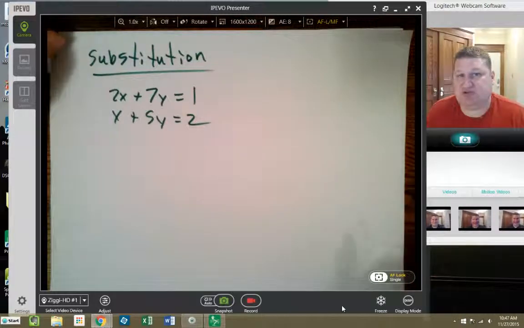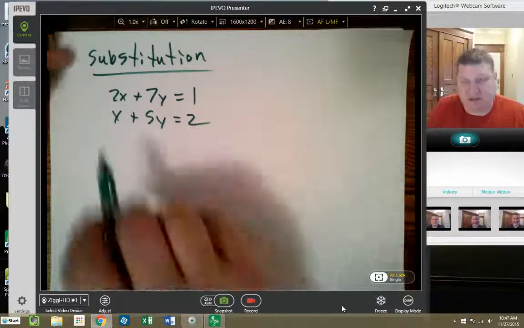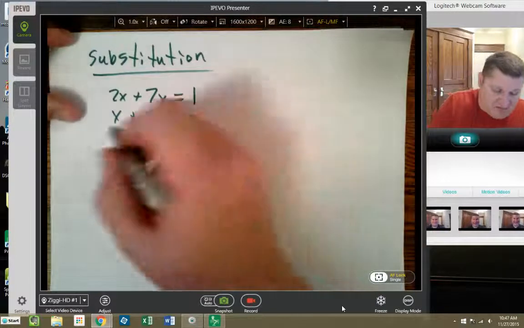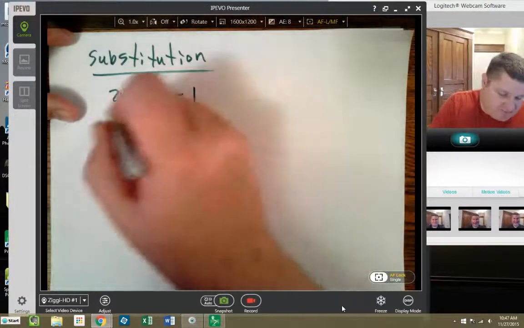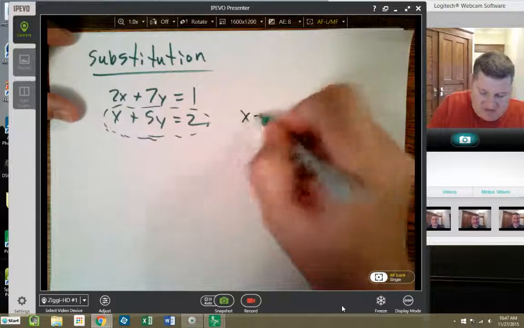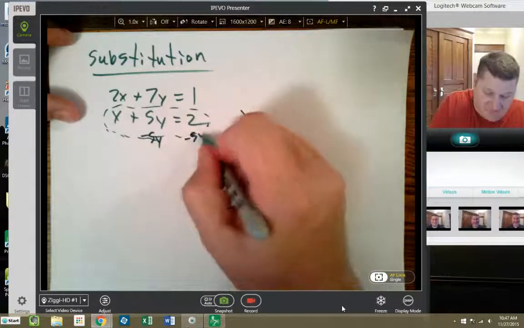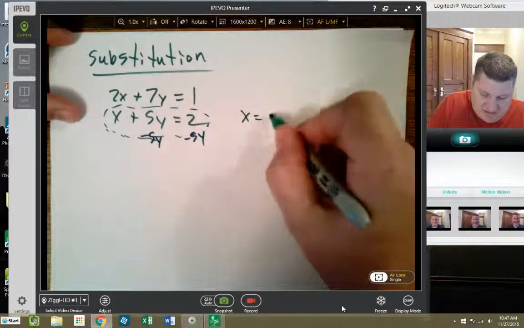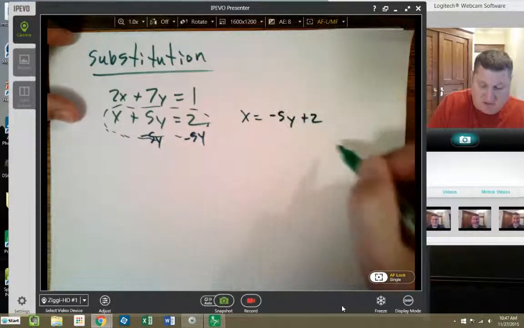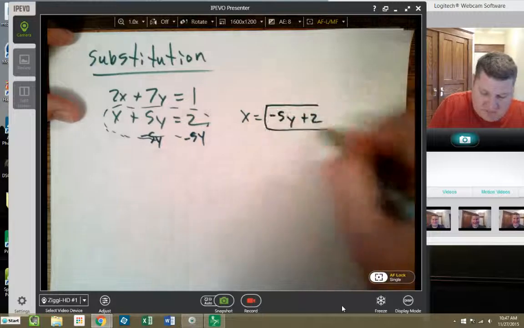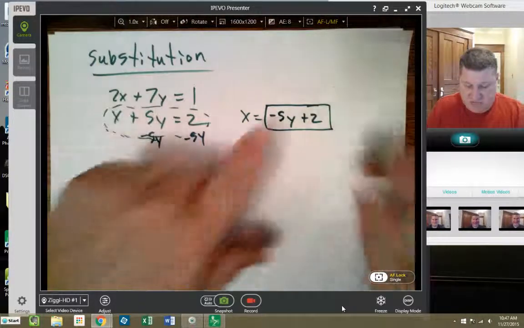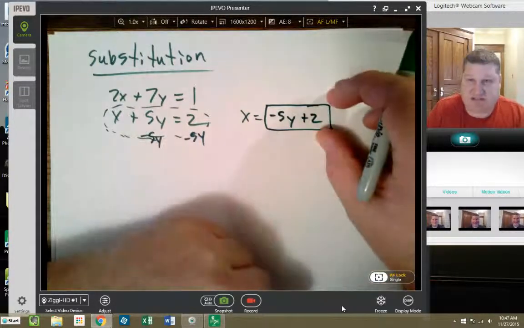The reason I'm going to choose x is because x is nearly already by itself. So let's choose this equation, and I want to get x equals. Now, to get x equals, I need to subtract 5y from both sides. And to do that, that's going to give me negative 5y plus 2. Once I know that x equals negative 5y plus 2, that can be used just like a little stamp and